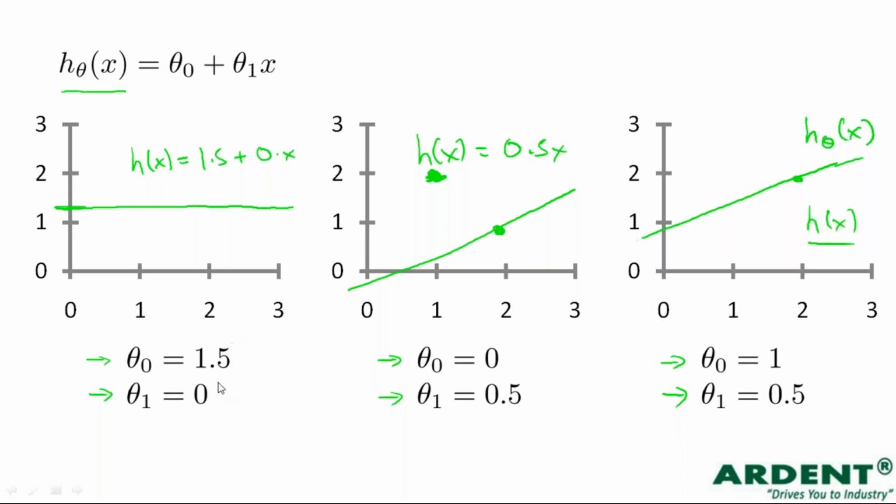Now, if we consider the value of theta 0 as 1.5 and the value of theta 1 as 0, it would be something like this. The x term is totally 0, so all the time the hypothesis will have the same value, 1.5, and we get a straight line. Now, if theta 0 is 0 and theta 1 is 0.5, we get a line like this, 0.5x. And if theta 0 is 1 and theta 1 is 0.5,